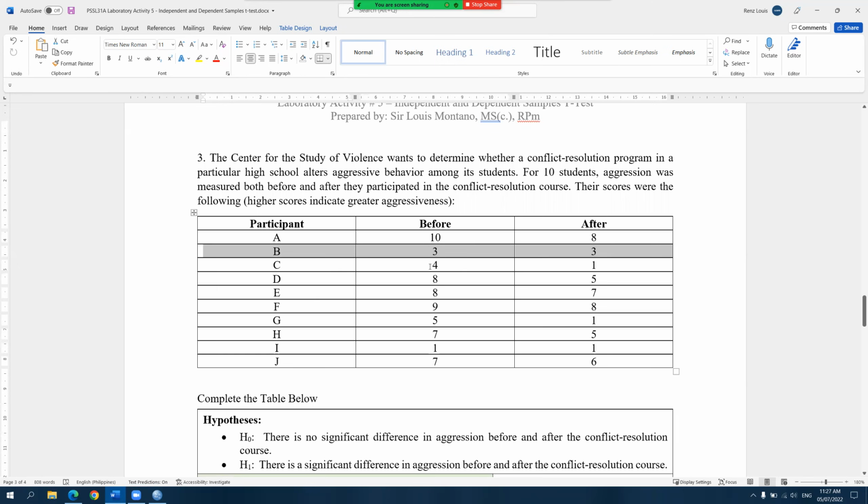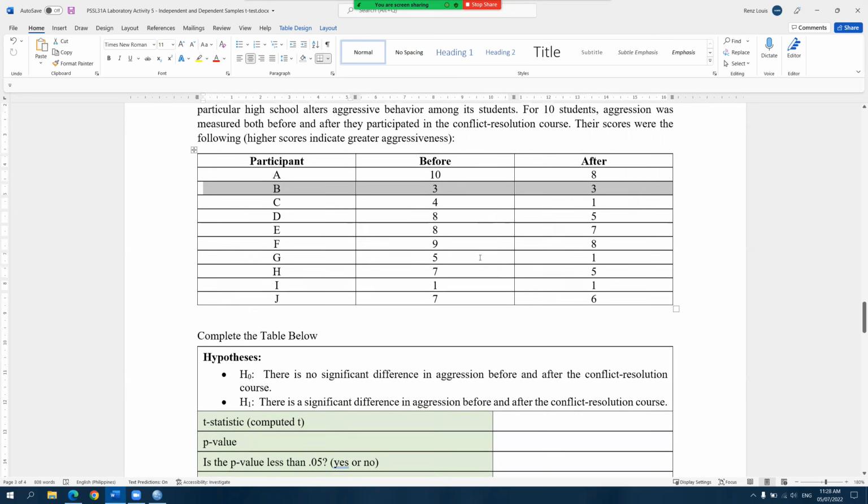So in general, we can see here that maybe after attending this conflict resolution program, the participants tend to have lower aggression levels. But to validate that claim, we have to test it using a dependent samples t-test. All right, before I demonstrate how we do the analysis in SPSS, first let us state the hypotheses.